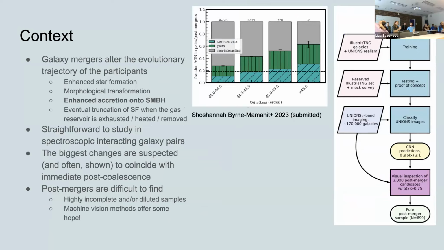So this is not a log scale or anything. These fractions are from the simulation, right? That's right. And these fractions are quite high in post mergers and pairs. But in your results from the observational data, although they're enhanced in mergers, most of them are still isolated, right? Right. So what do we take from that comparison?